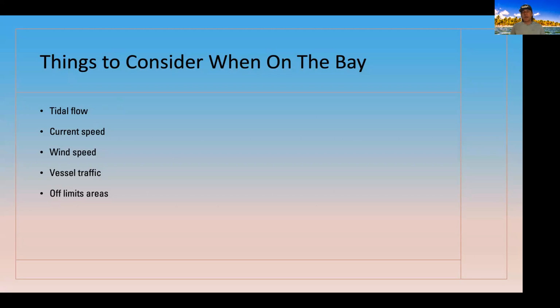My indicator for when I decide when I want to go fish the bay is I want some healthy tidal flow. The more the tide is flowing, actually, the less you have to work, because you can cast a fly out, let your line sink, and go with the drift. And literally, you can just hook up on the drift. You can drift for these fish and catch more than you'd want to. So it's not like we're false casting our brains out all day long. And I catch a lot of fish on the fly, probably more fish on the fly that way than I ever had when I was